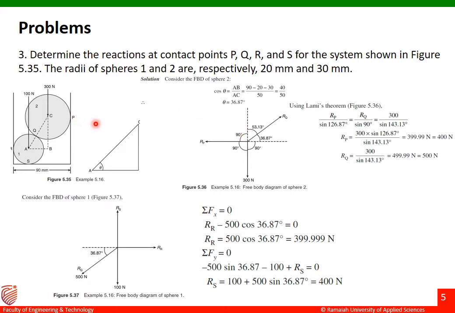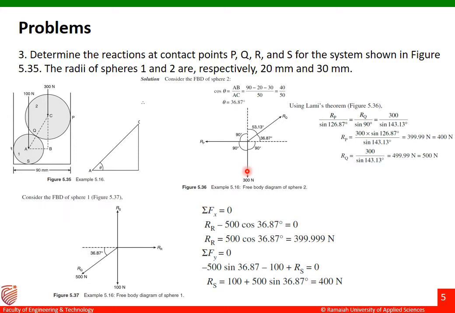Fine. Now we have to see what are the forces acting on sphere 2. You can see there is a reaction force coming at point P from the wall, that is represented as RP here. It is acting towards the left side. And one more force is the reaction force coming from sphere 1, taken as RQ. The point of contact is Q, that's why it is taken as RQ, and it is directed towards sphere 2. Next, there is the weight of this sphere coming downwards, taken as 300 here. Only three forces are acting on sphere 2.